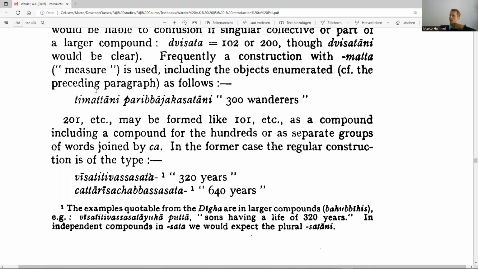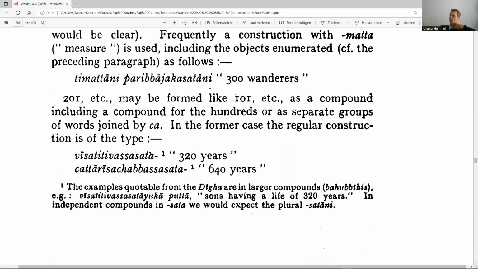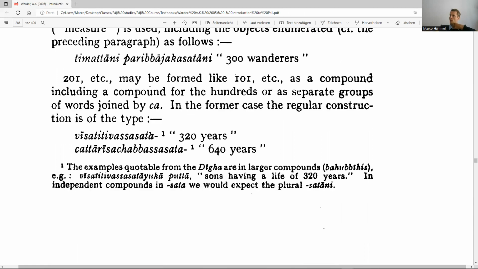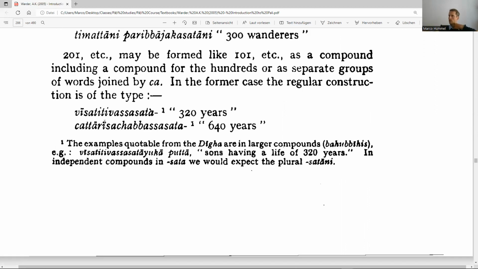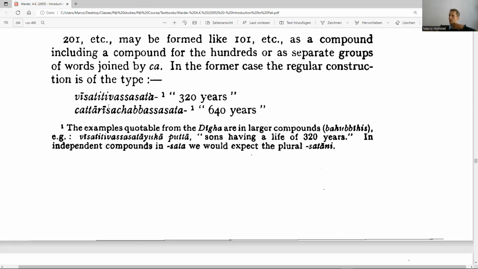Confer the preceding paragraph as follows. Ti matani paribachaka saptani, 300 wanderers. 201, etc. may be formed like 101, etc., as a compound, including a compound for the hundreds, or as separate groups of words joined by cha. In the former case, the regular construction is of the type Visati Tivasasata, 320 years, Chattari